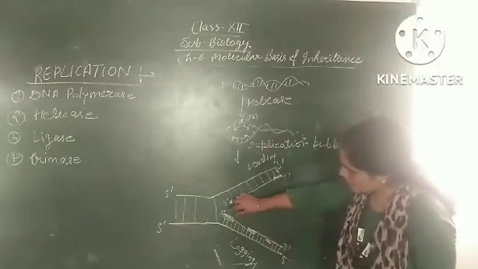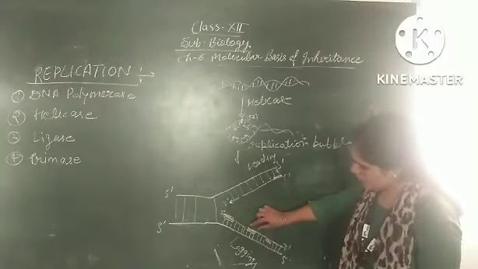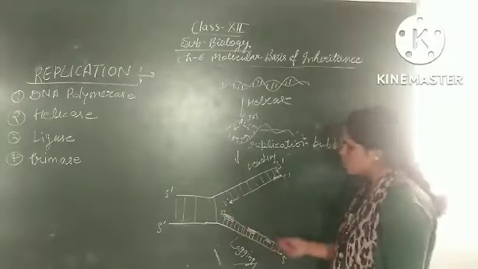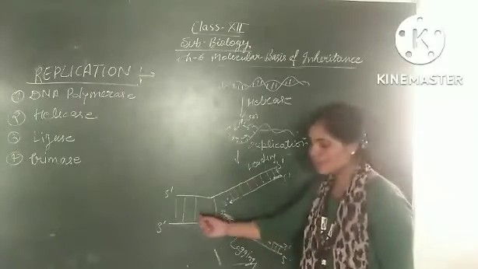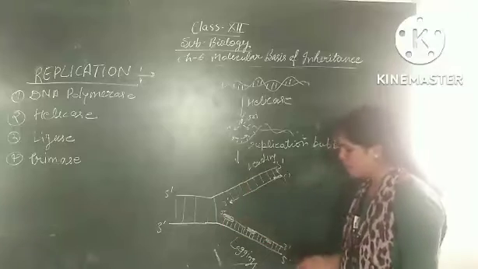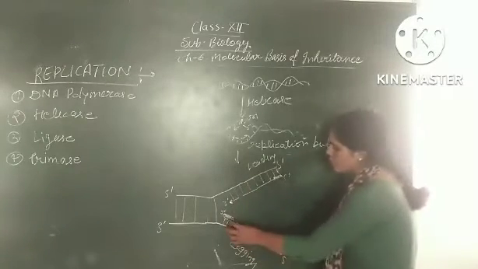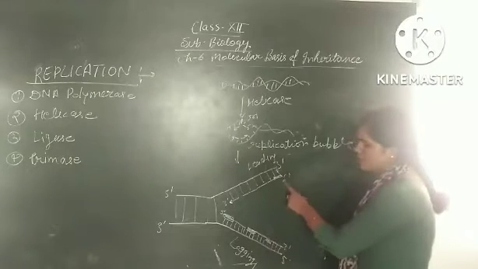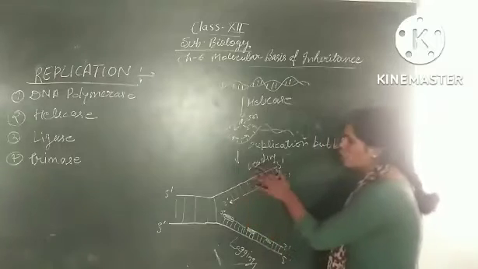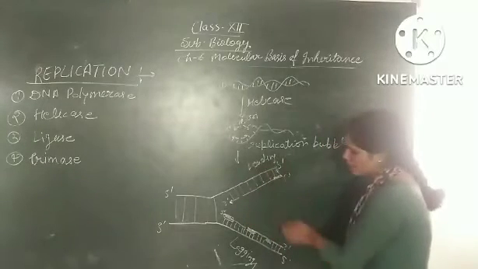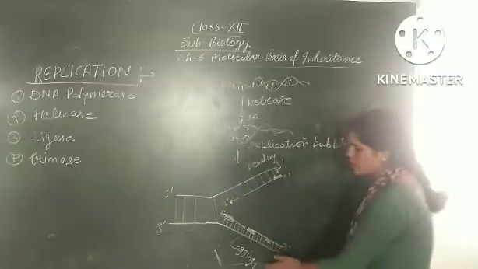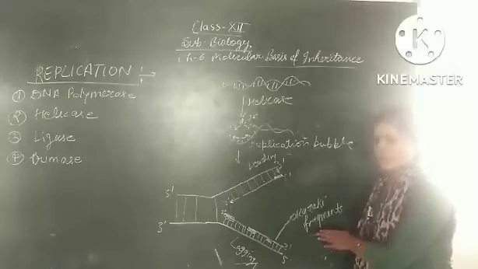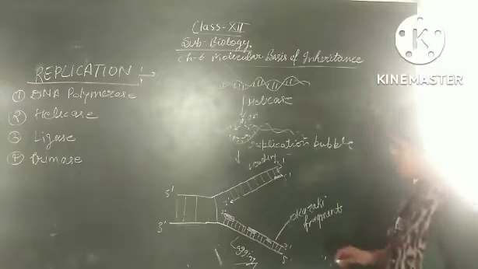So this is a primer that makes the new strand, and again a primer. So DNA polymerase always needs to go back and make a strand again and again. This process will happen, and that is why we find small fragments of DNA. This strand is known as the lagging strand, and where we find continuous DNA, it is called the leading or continuous strand. Where we find fragments of DNA, it is called the lagging or non-continuous strand. These fragments of DNA are known as Okazaki fragments.